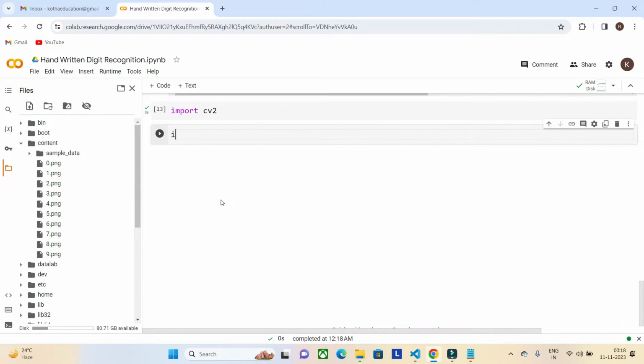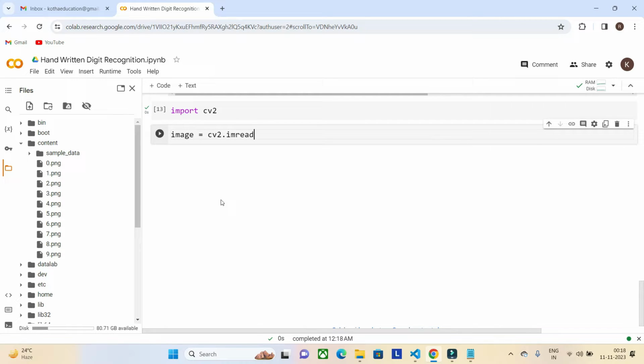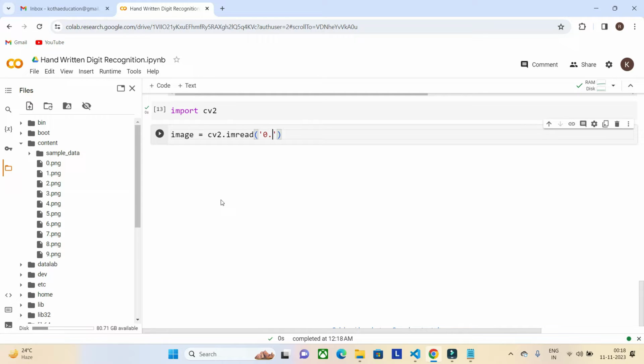Image equals cv2.imread of 0.png. All these images are 28 pixels in width and height.